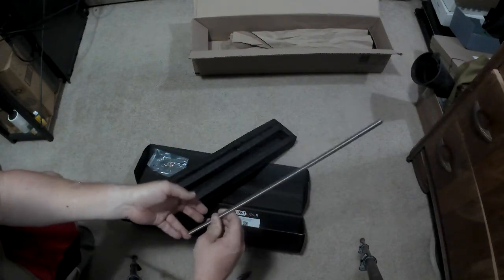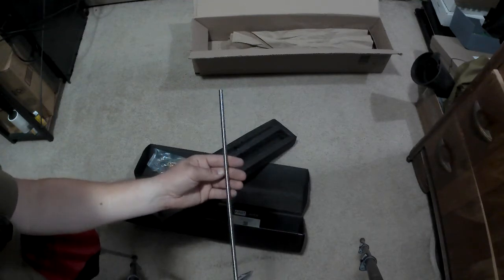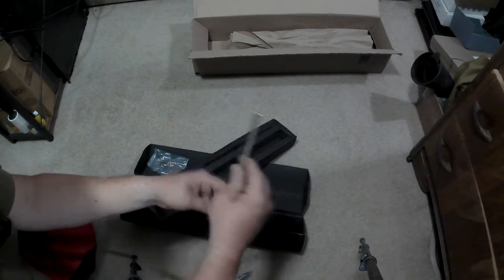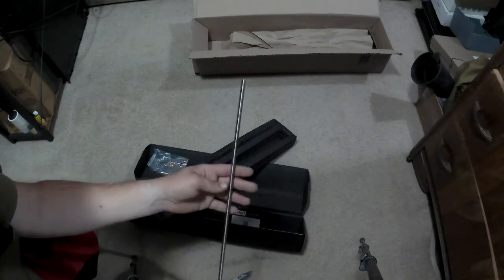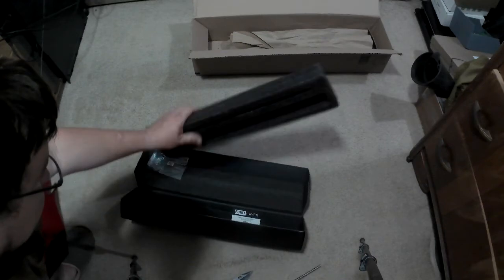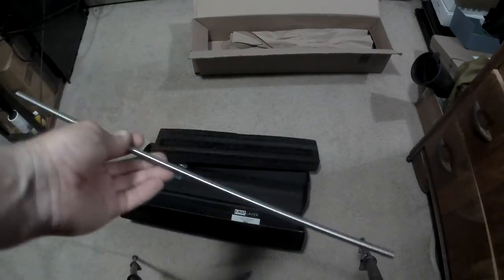And then there's the longer Z-axis. Very cool to spin it. Doesn't have any grease on it. That's kind of nice because then I can finicky it around without having any problems. That's all that's in the box. Hopefully you guys stay tuned for the...